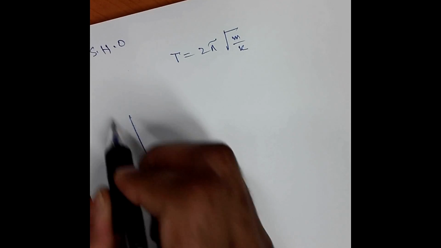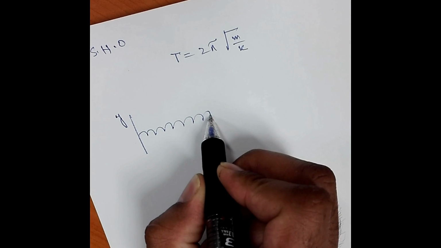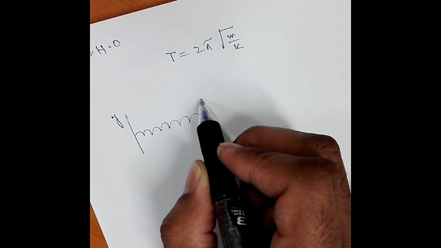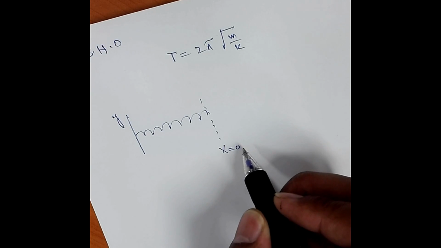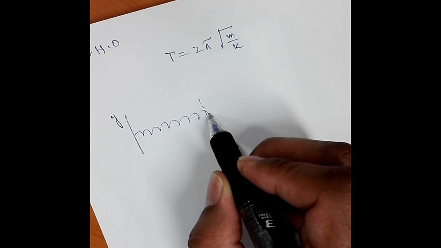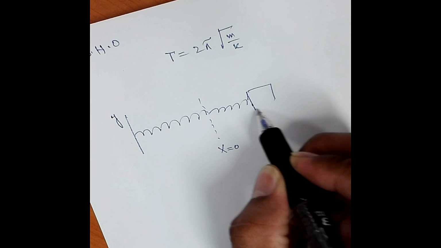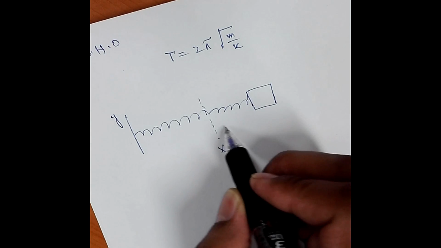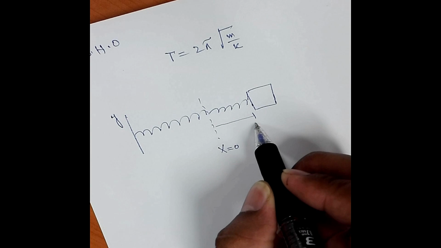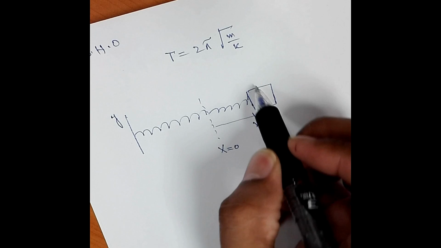So this is the y direction, and here this is the spring, and at this position spring is relaxed. So if we extend the spring up to a certain distance, here the mass m is attached to the spring. So when we extended the spring up to this level, this is the x position,